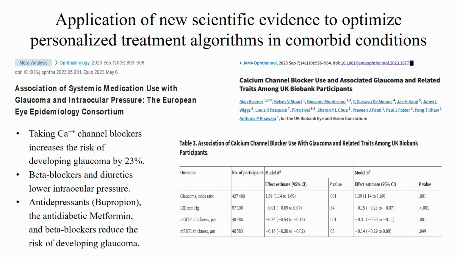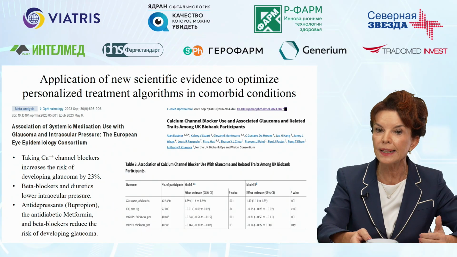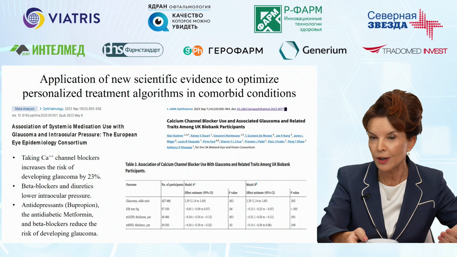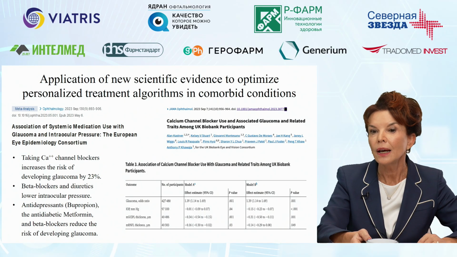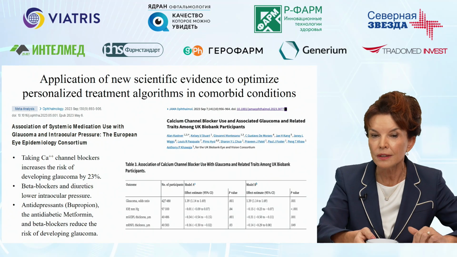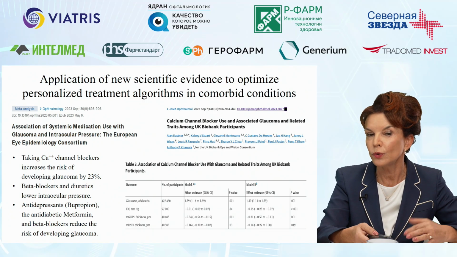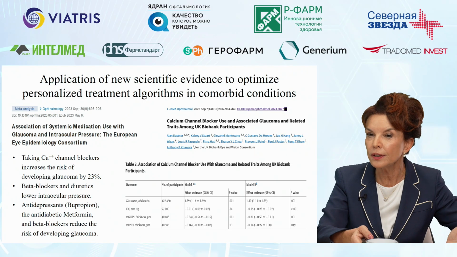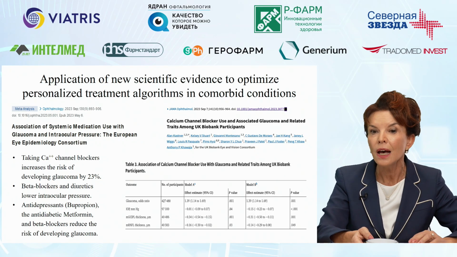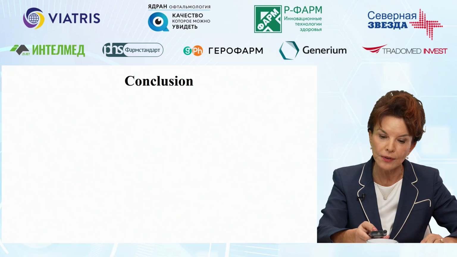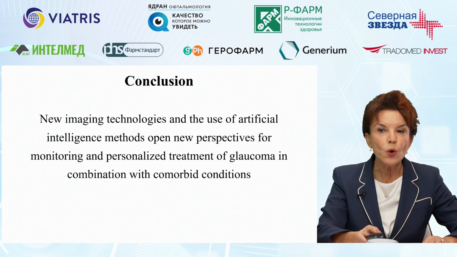Beta blockers decrease intraocular pressure because there is a system impact of these drugs. Antidepressants, anti-diabetic drugs did not have any higher risk of the development of glaucoma, but some of such drugs, for example, bupropion and the anti-diabetic metformin, which I mentioned earlier, as well as beta blockers, reduced the risk of developing glaucoma. So these are very unusual finds that allow us to think about treating patients with comorbid